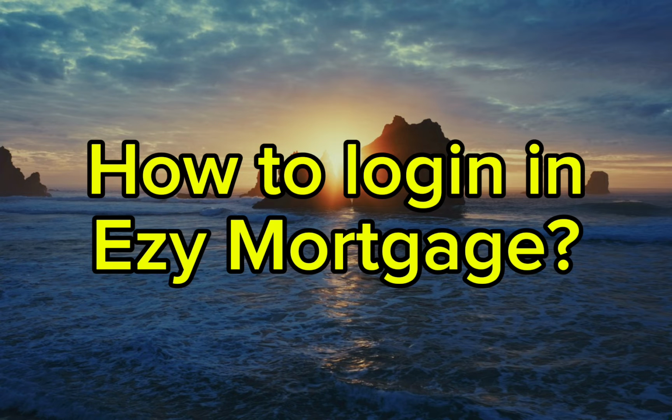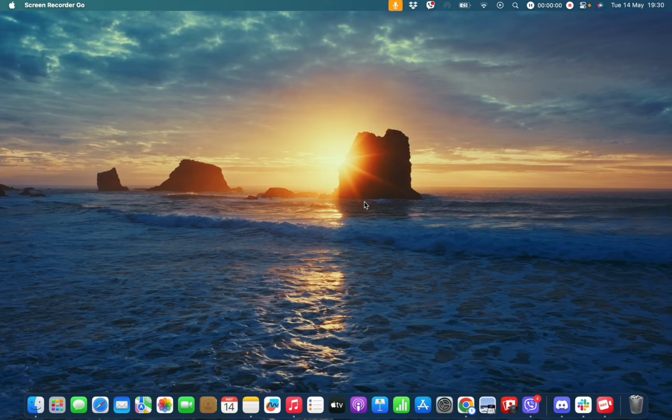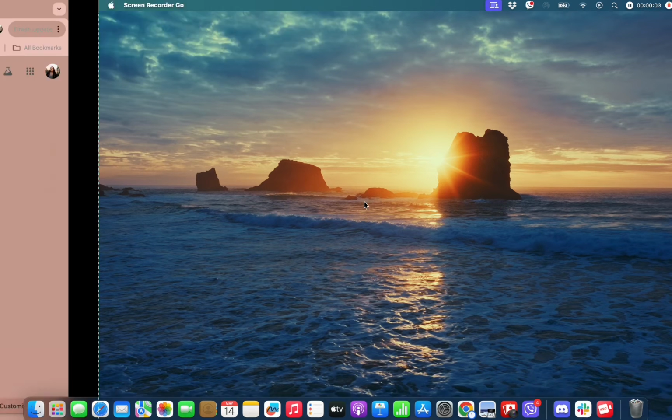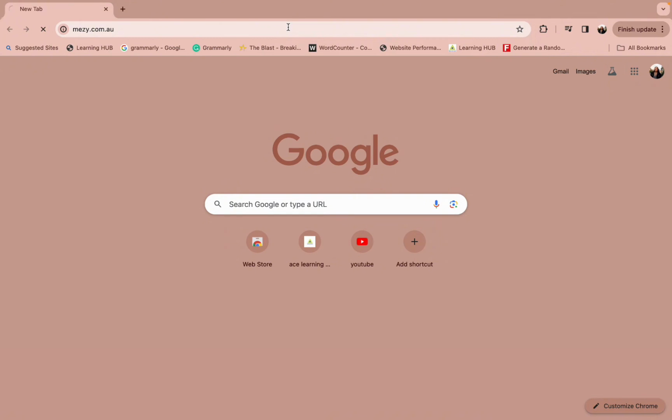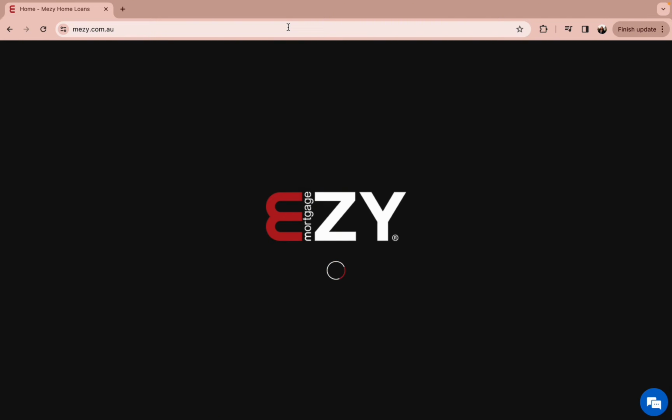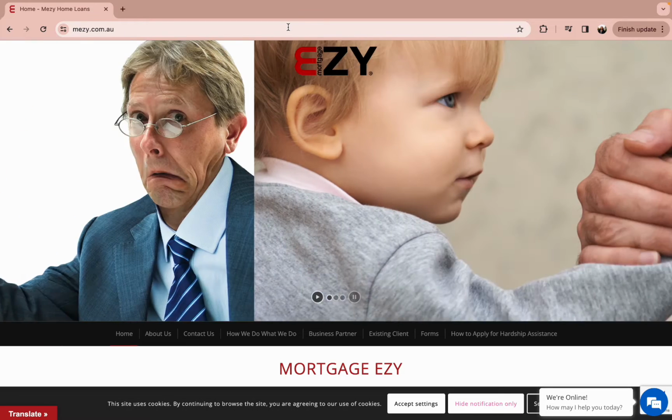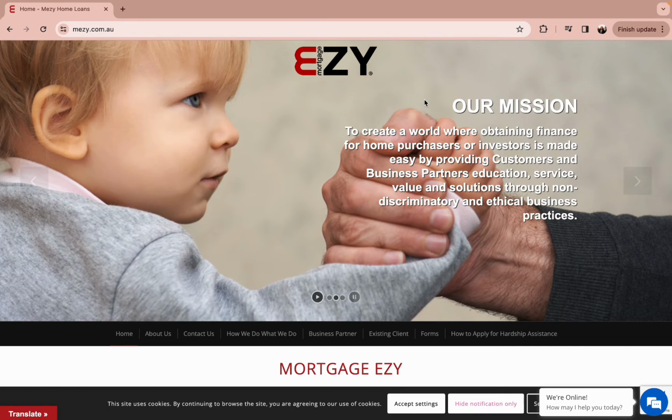So to log in to Ezy Mortgage, all you need to do is simply open a web browser of your preference and type in the URL www.mazy.com.au. Once you type this URL, you will end up in this kind of interface of the Ezy official mortgage account page. Once you're here, all you need to do is simply scroll down below and tap on